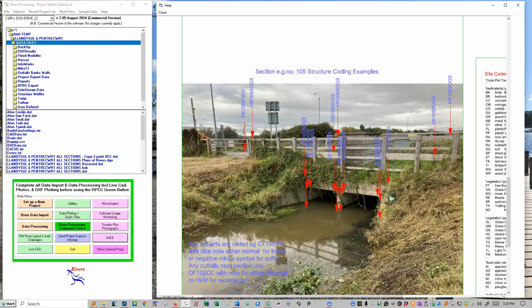Now that's critical. The software looks for BE codes and CT codes along with the DK and the parapet and the handrail to create a section, which is how it knows it is a structure. That's why you've got the 10 header variables. We only use CT if you want the cross section of the structure to be in line on the long